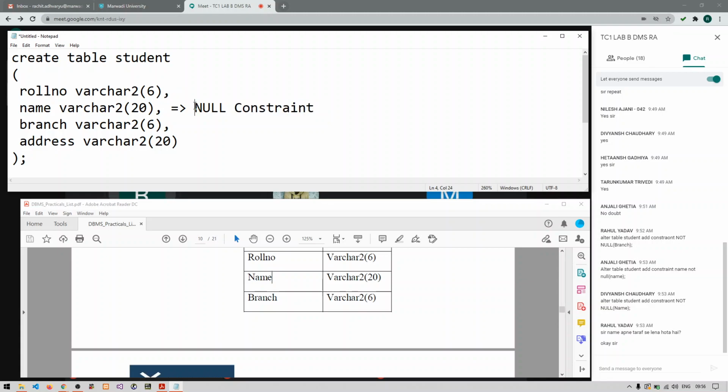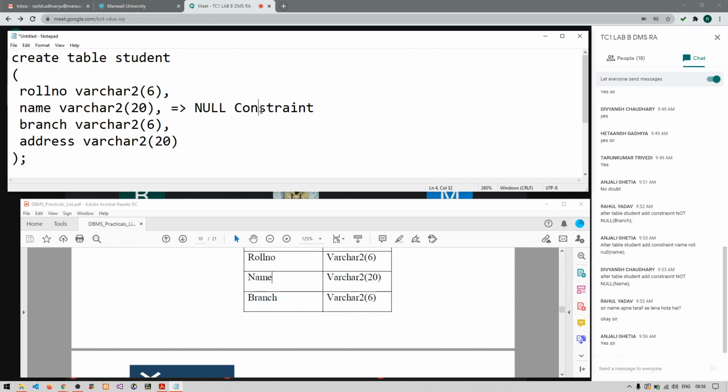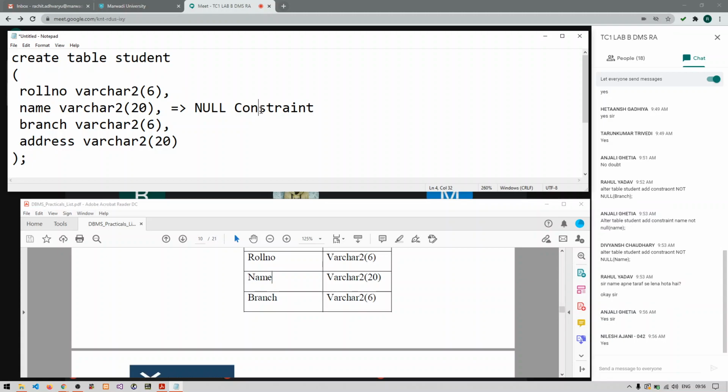So you already have a hidden null constraint in this column, and you need to modify this particular constraint. Clear with this first of all? Anyone any doubt?